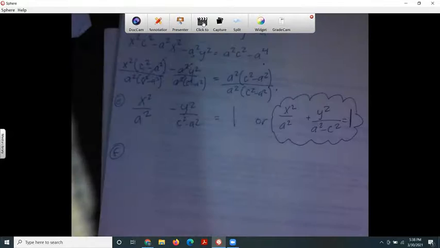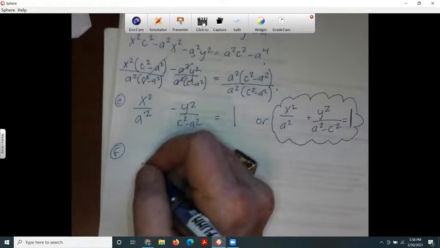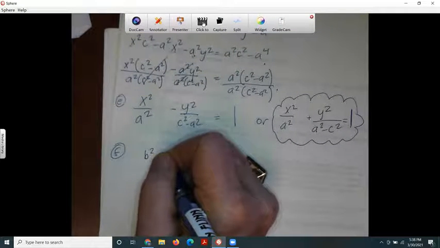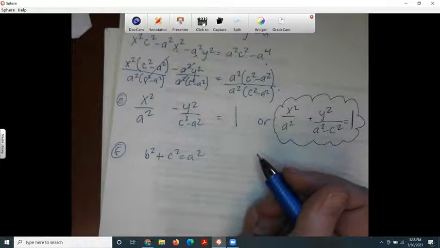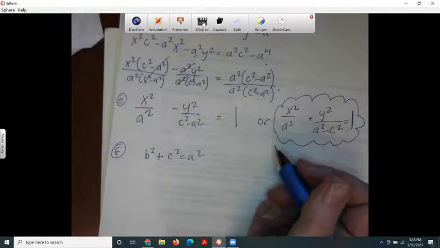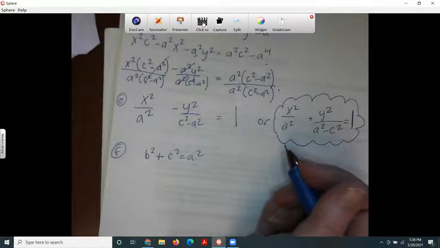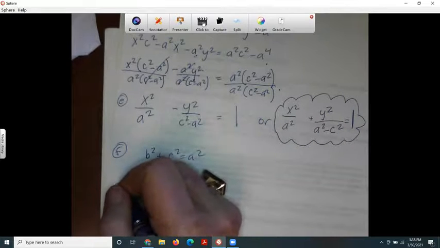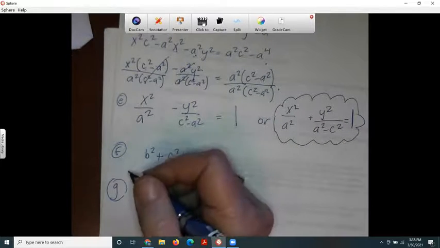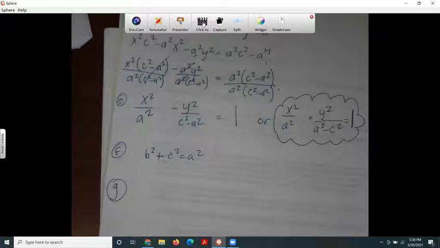Okay, so what did I write down? I wrote B squared plus C squared equals A squared. So that is an equation relating A, B, and C. Now it says letter G. Letter G says